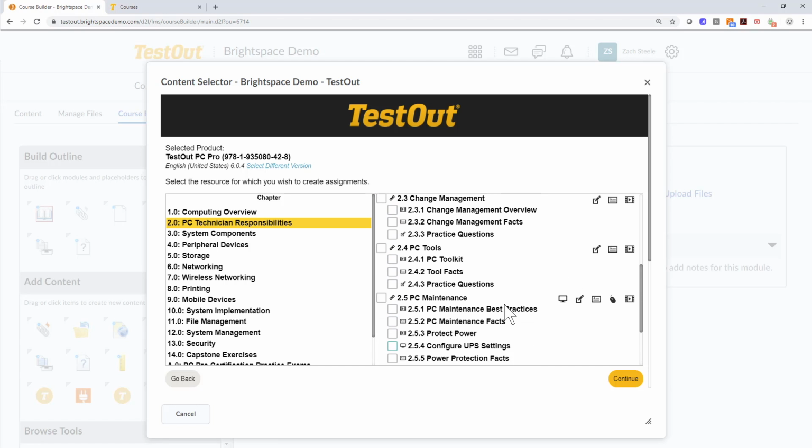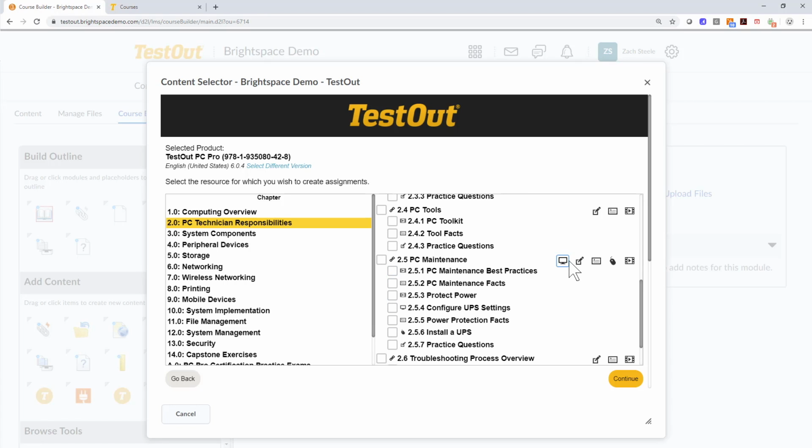If you're familiar with TestOut, you know that these icons that are next to each of the resources identify what type of resource it is. I'm going to quickly run through these. This computer monitor is the demonstrations. The piece of paper and pencil is the practice questions. The piece of paper with text in it, that's a text lesson. The computer mouse is a lab demonstration, and the video is obviously a video. So that'll help you identify what type of resource before you place it into your